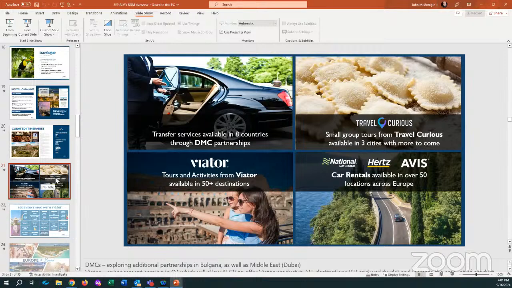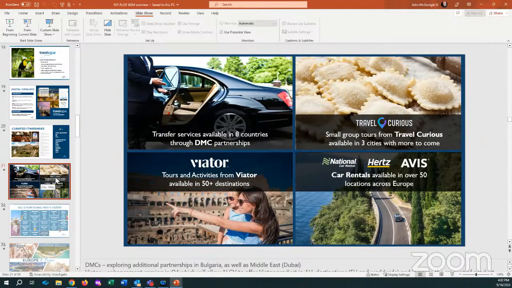So that's what I've done here with this. So we work with Viator. It's the same commission that you'd work with Viator individually, but the idea here is that we want to make ALG Vacations that one-stop shop for you. Yes, we're never going to have cruises, so you'll still have to do your cruises, but you can do the pre and post, hotel, air, pre and post of a cruise with us.